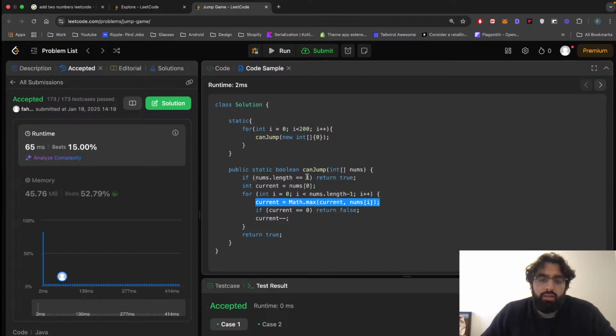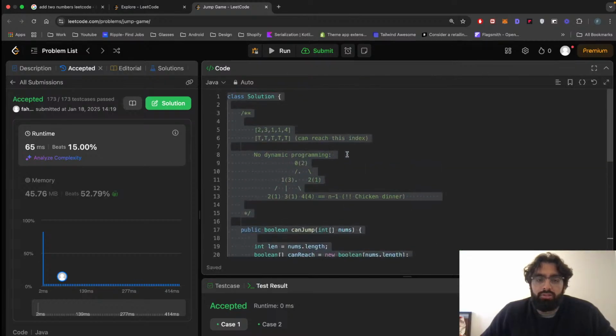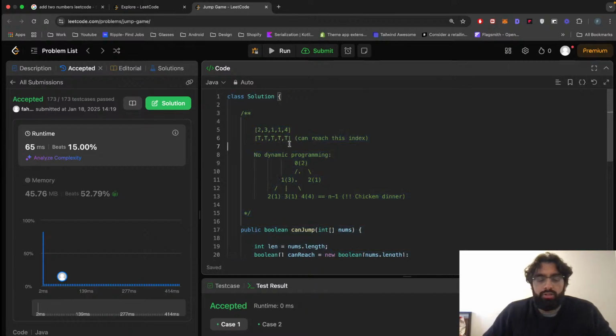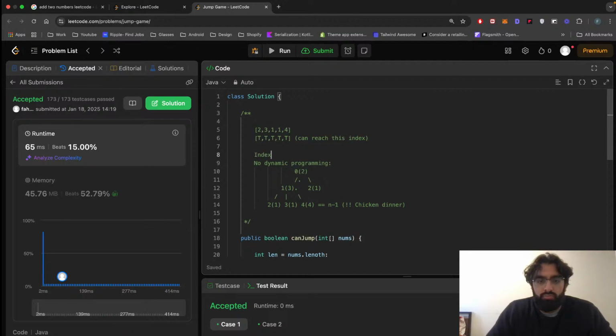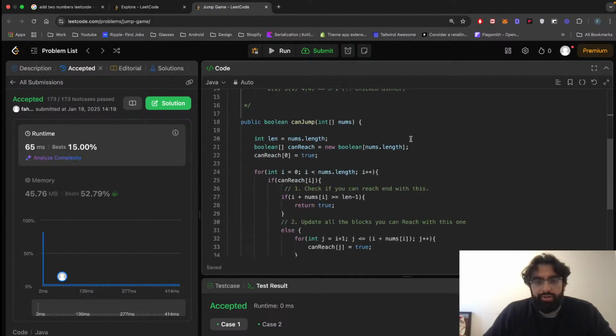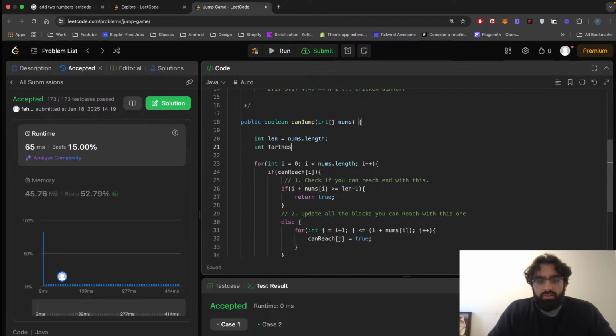But this time, what they do is they store a reference of the maximum value you can jump to, so you don't have to update. It's a better solution because instead of this, where you say you can jump at this, they say, hey, we can already jump to index 4. You don't need to update this array. You can just say, if you can jump to index 4 and now you can jump to index 5, that's even better. So what you can do is actually this, and the farthest you can get is